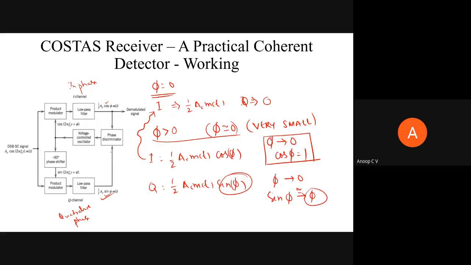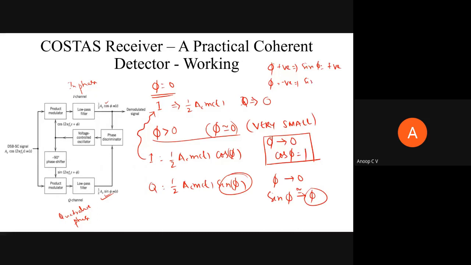So that information is given to the phase discriminator, and the phase discriminator will give an output or error signal, which is proportional to this phi, right? And one more thing to keep in mind: if phi is positive, it will be the sine of a positive value. So if phi is positive, sine phi is positive, and if phi is negative,